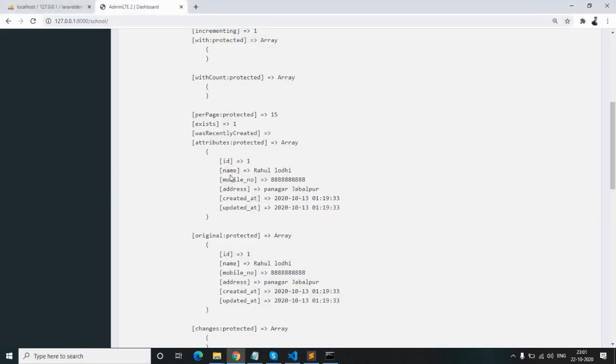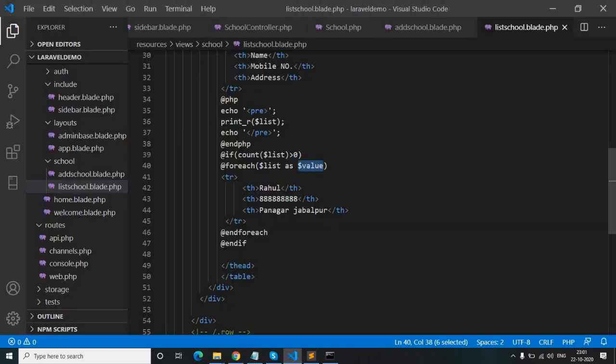Now we will make the name dynamic. Here you can see we are getting the name inside the name variable. So here we will write $value name.